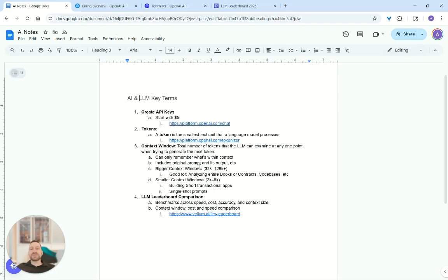Now, when you're using ChatGPT, the chatbot, you're paying for a subscription, so you're paying a set fee. But in relation to programming or creating AI apps, you need to understand how that context window works. So you can choose which model is going to be most appropriate and most cost appropriate for your situation, right? So a small